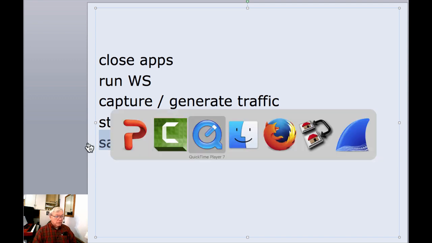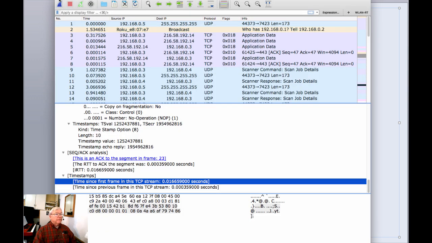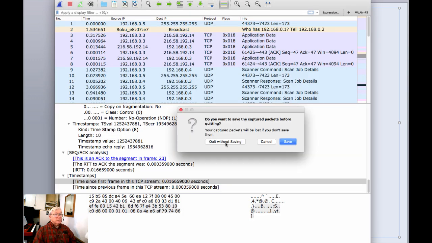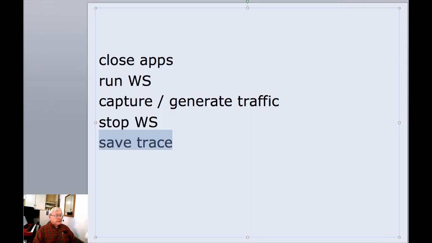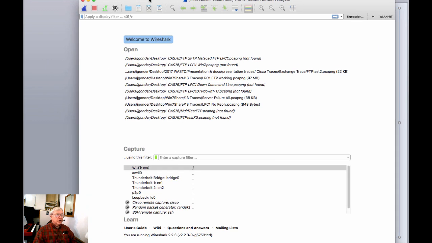I'm going to quit a couple of applications here, and then I'm going to go ahead and open up Wireshark. Now, I had created a video of this previously, but it was with a version of Wireshark that had been around for a while, so the interface look and feel was significantly different from the 2.0.